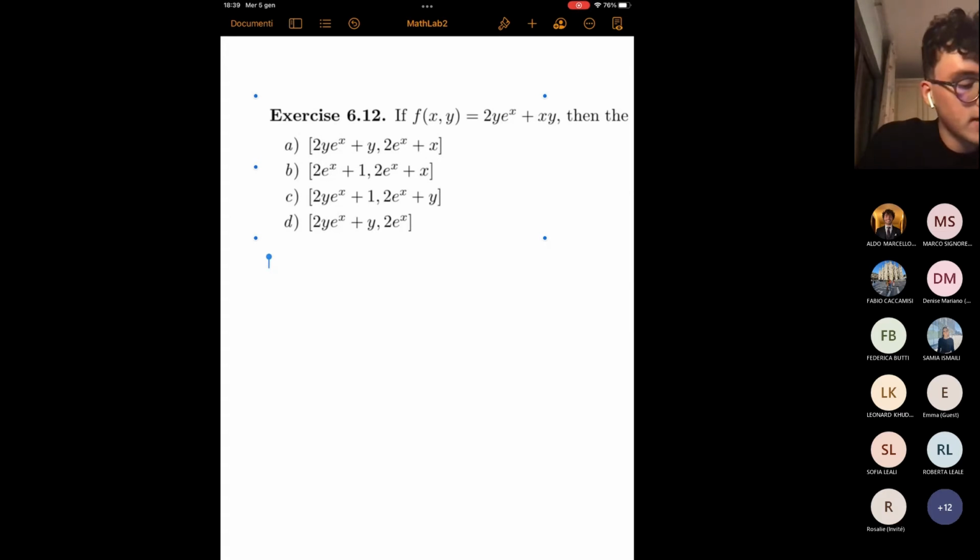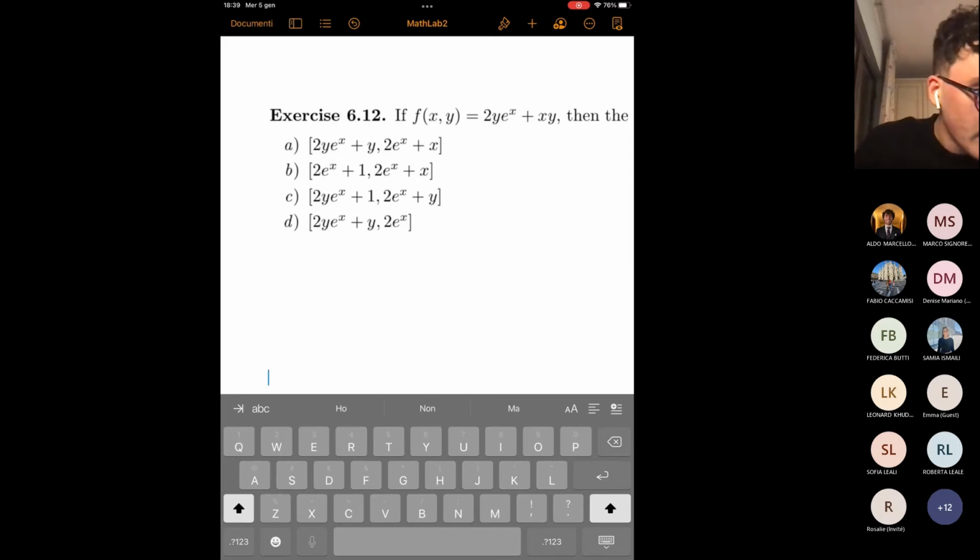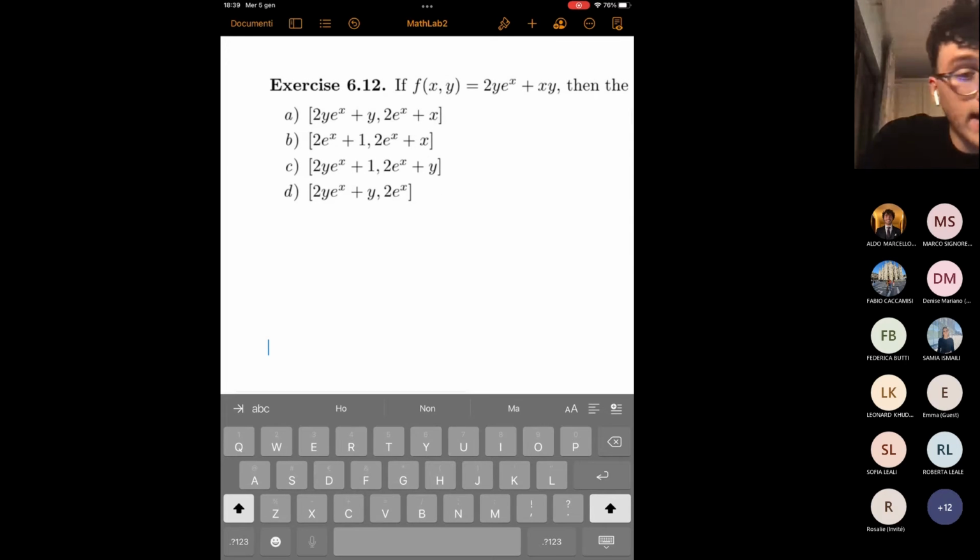But then we also have to consider the second part, in order to be sure that it's the right answer. Even though we can already say that it's either A or D, because it contains what we have just calculated. And for the derivative with respect to y, what happens is the same. We have to consider that y e to the x will be the fixed term, instead y is the variable.